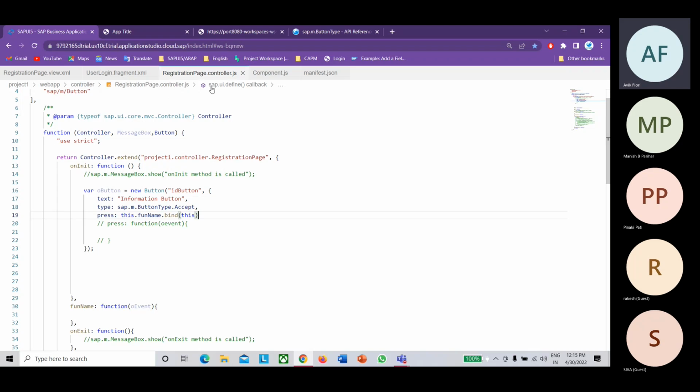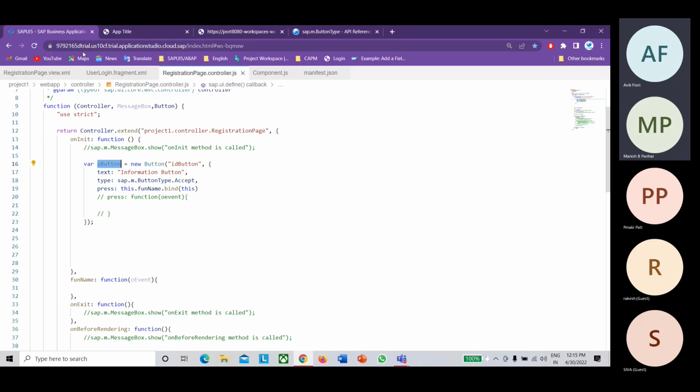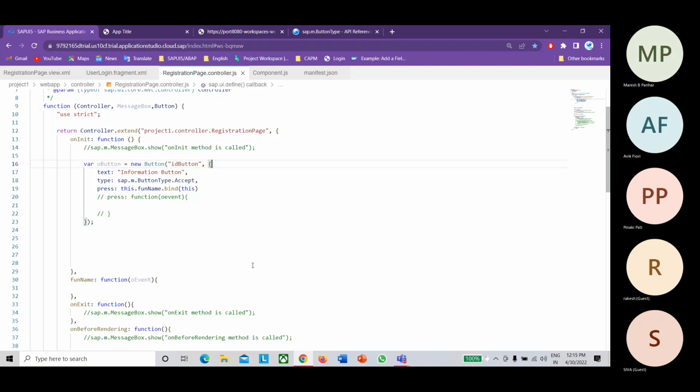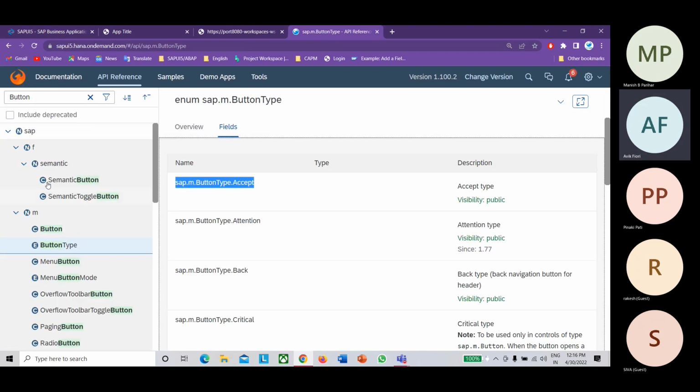But at least so far it's clear, the button declaration and all. Yes, the ID button is defined in the view also. If you want to provide an ID, you can provide an ID to the button, and in that you can provide the ID button. So we have to mention it before writing anything. So these are the predefined steps and syntax which we have to remember, right? Yes, whenever we are defining any control you want to check, right?